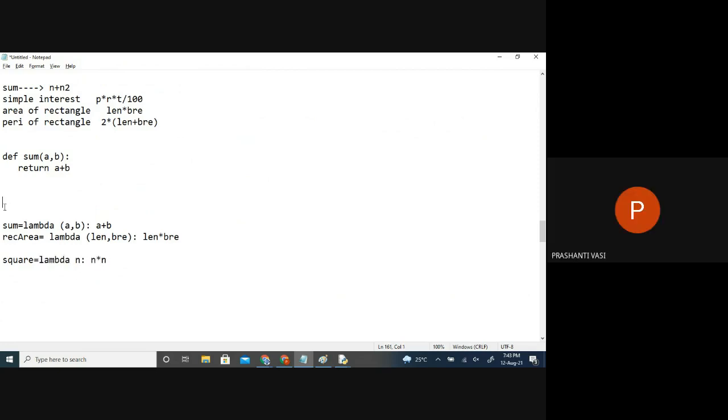Yes, ma'am. These are called as definitions of lambda expressions, or defining the lambda expressions with lambda keyword and the inputs along with the return value.